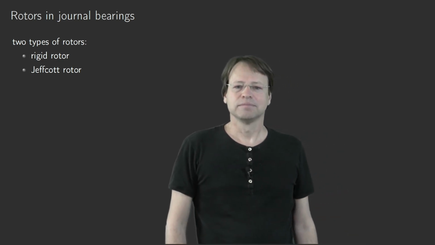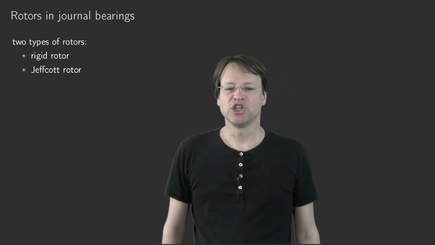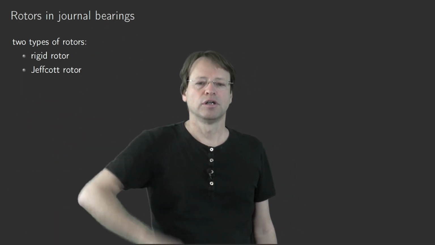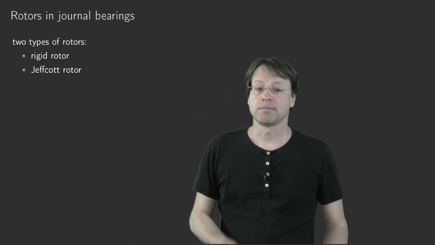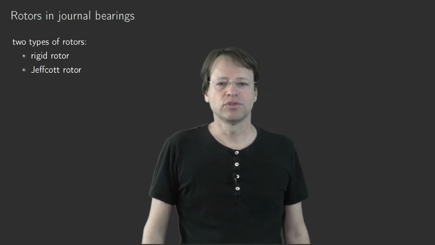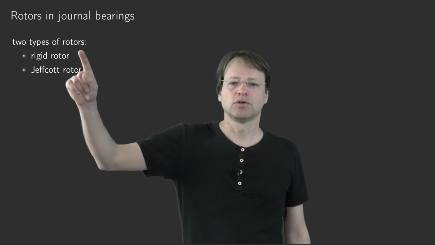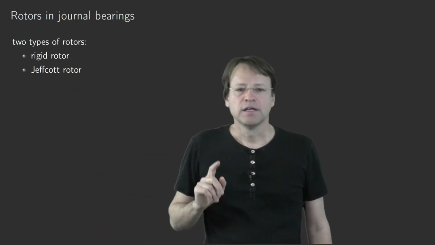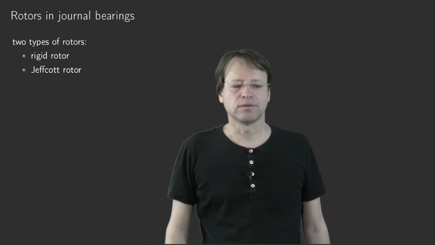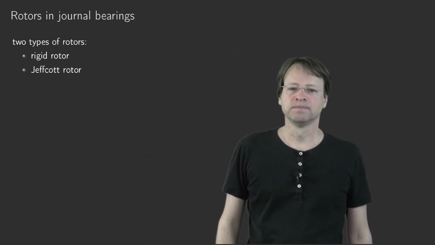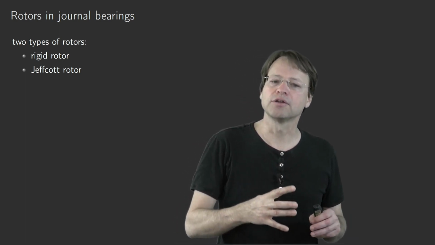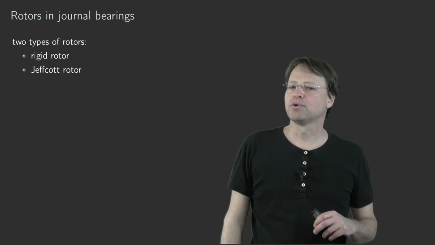Hello and welcome to a new chapter in Machine Dynamics 2, a chapter where we want to combine the knowledge on journal bearings with rotor dynamic models. There are two rotor dynamic models that I would like to use in this chapter, namely a rigid rotor and the Jeffcott rotor. In this video, I will deal with the rigid rotor only and would like to derive the equations of motion and try to solve them